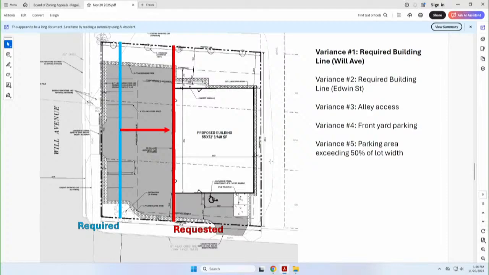You mean just do a mirror? Yeah. And then maybe put the doors on the backside, so if he comes in off of Edwin, he has room to pull in, even use the alley. Yeah, that works. Is there a possibility of us eliminating the RBL requirement on Will Ave? Because what's happening is, if you look at the picture that's on there, the building can't go in that blue line area, but the whole site is being used, back to front. So if you mirror the thing, the building's in that blue line.